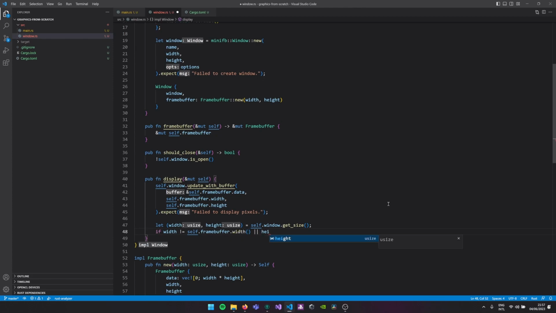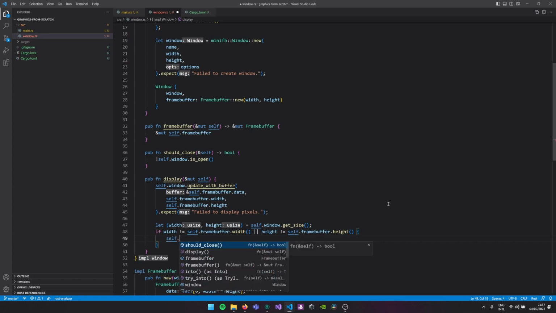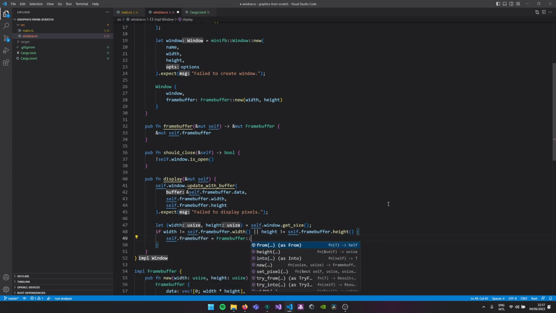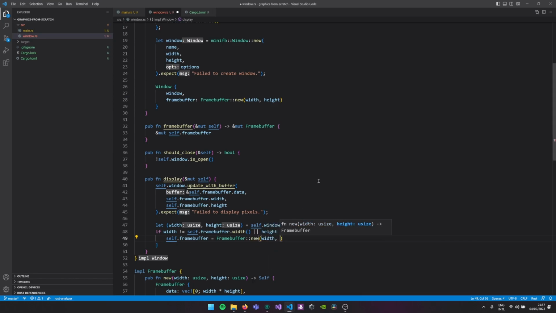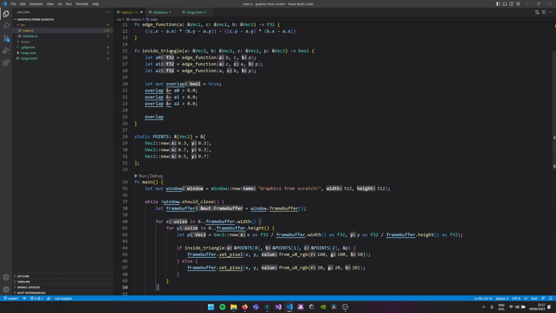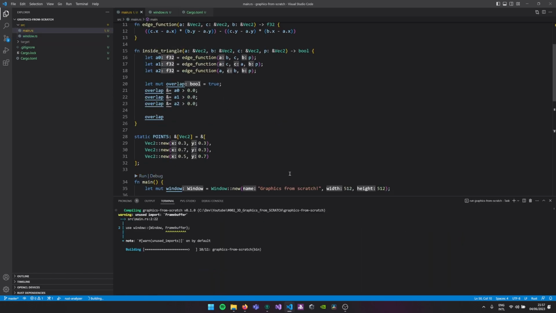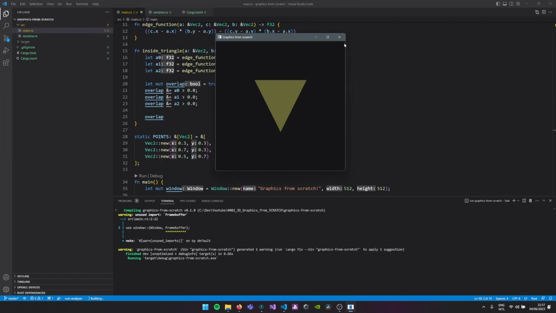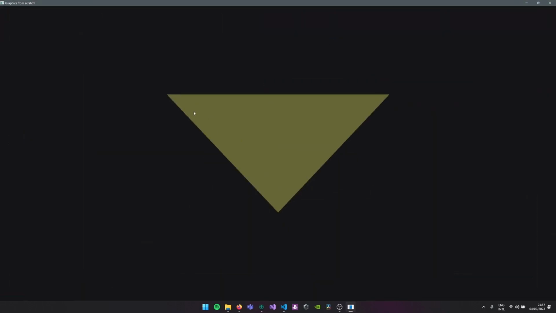or the current height of the window doesn't equal the current frame buffer height, then we want to assign a new frame buffer. We can just assign a new frame buffer, because it's not being used by the user, with a new width and height. And that solves all our problems. So if we were to use this code now, you could clearly see, if I make it full screen, the resolution